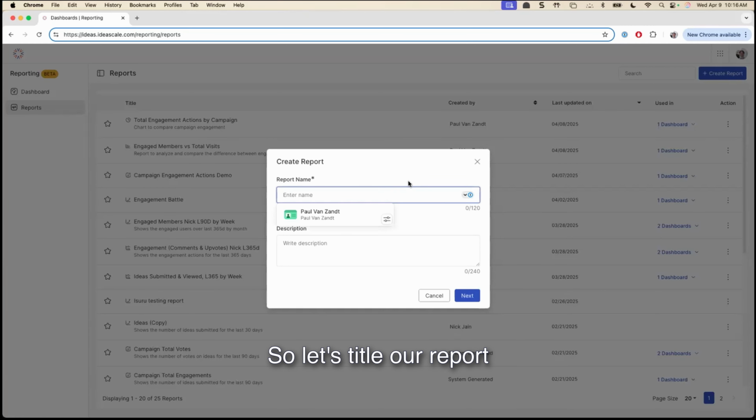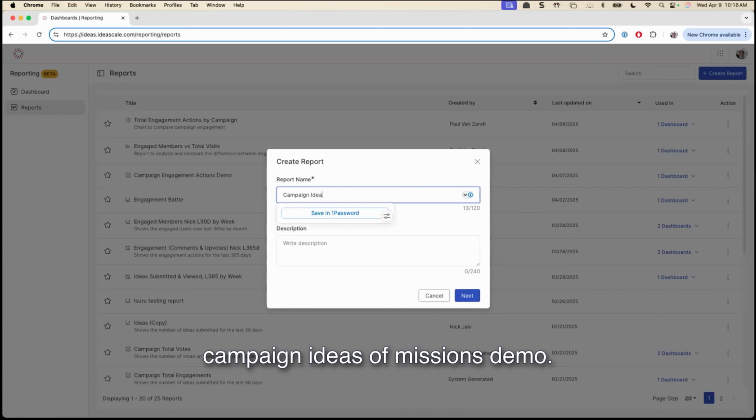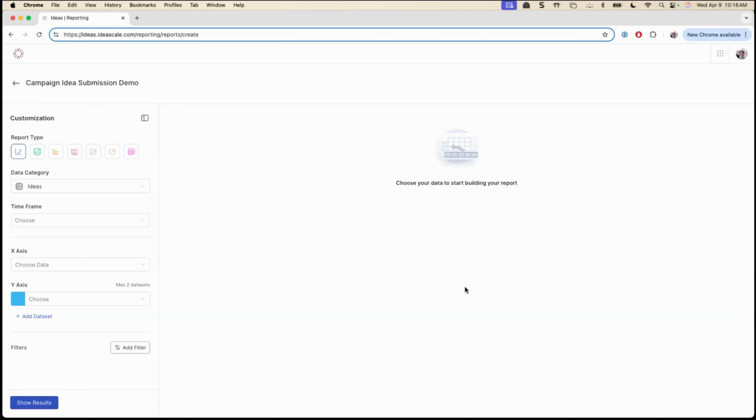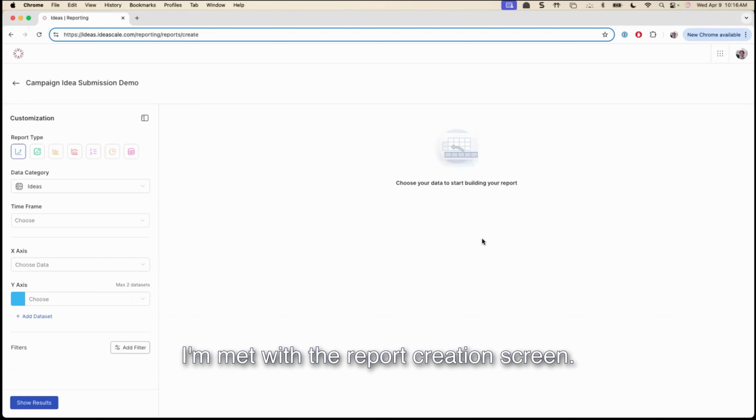So let's title our report Campaign Idea Submissions Demo. And then you can add a description here if you'd like. We don't need to for now. So I'm going to click Next. And once I click Next, I'm met with the report creation screen. So before you add any